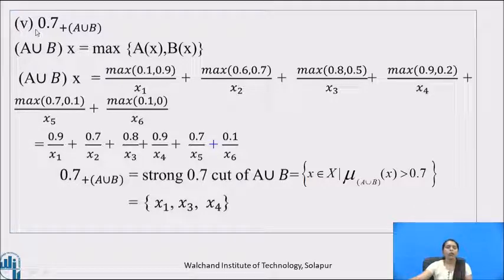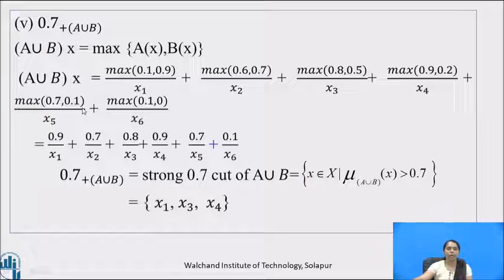Next is strong 0.7 cutoff of A union B. A union B at x is equal to the maximum of A of x, B of x. So, A union B at x is equal to maximum of 0.1, 0.9 by x1 plus maximum of 0.6, 0.7 by x2 plus maximum of 0.8, 0.5 by x3 plus maximum of 0.9, 0.2 by x4 plus maximum